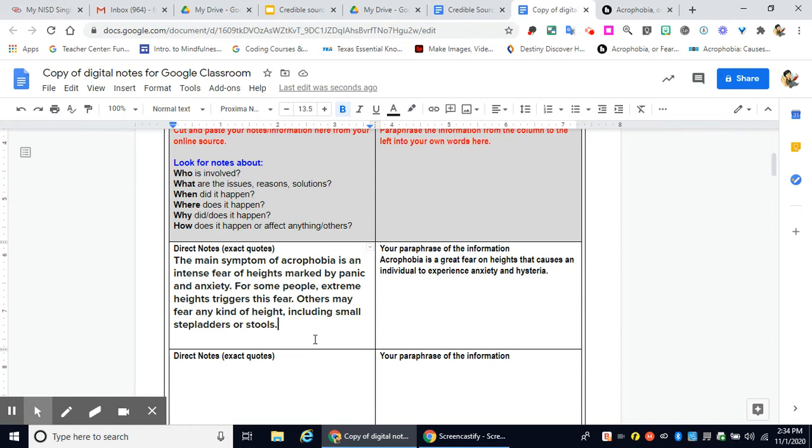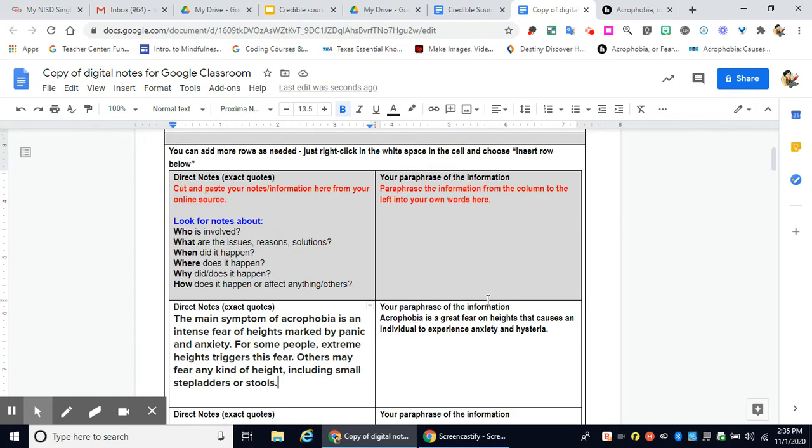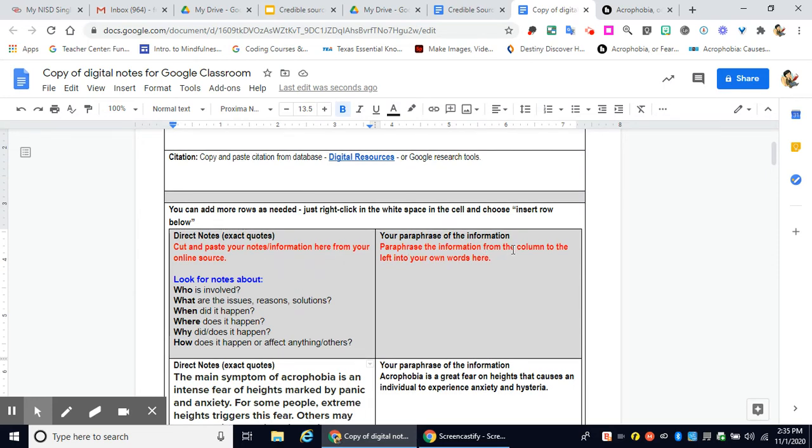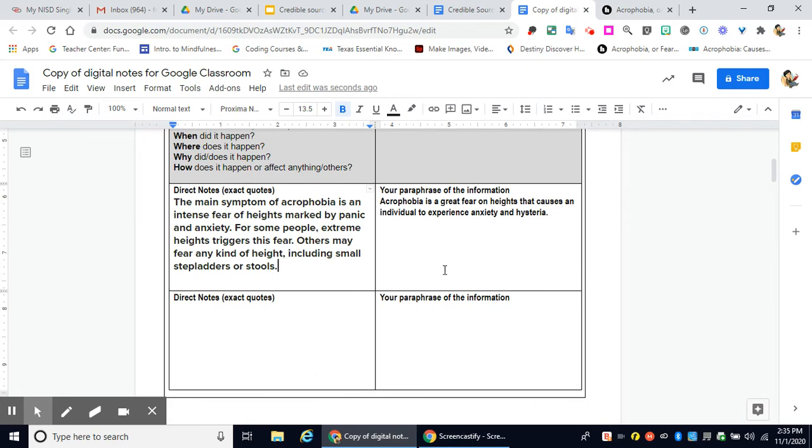It's actually against the law. Okay, and it's also against every academic law that you will read about in your future. So please don't ever do that. It will lead to great troubles for you. Okay, so what can I do? I can paraphrase. That means I can put it in my own words. Paraphrase from the left column and put it in your own words right here.